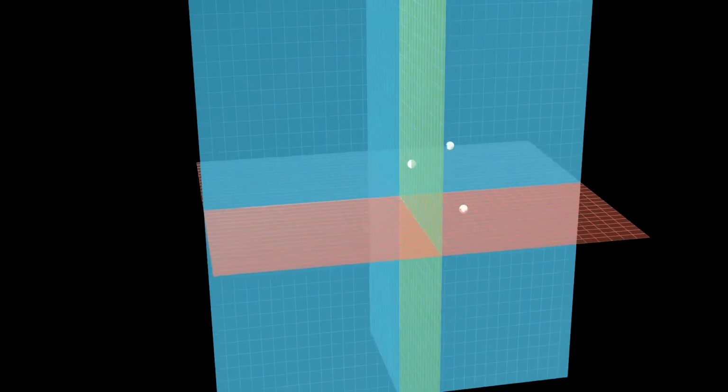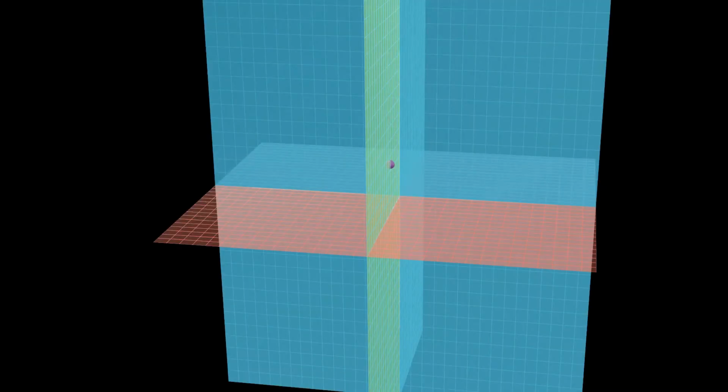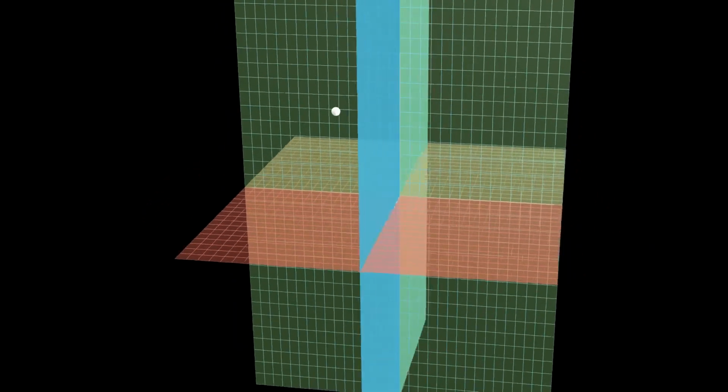Now consider this set of points. It is the union of these 3 planes. It contains (0, 0, 0). It is closed under scalar multiplication. This is because if you scale any point in any of these 3 planes, the point remains in the same plane. Say if we pick 1 point from here and 1 point from here, the sum of these 2 is somewhere here, which does not belong to this set. So this set is not closed under addition. This means that this set is not a subspace of R3.